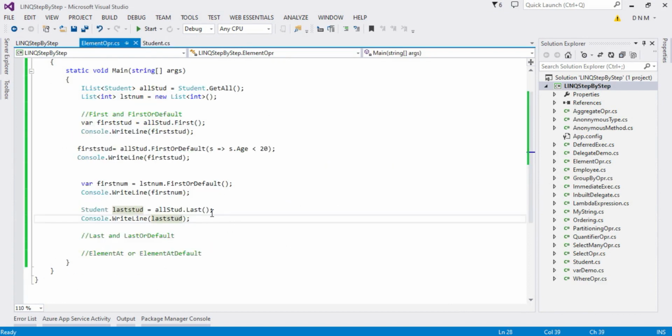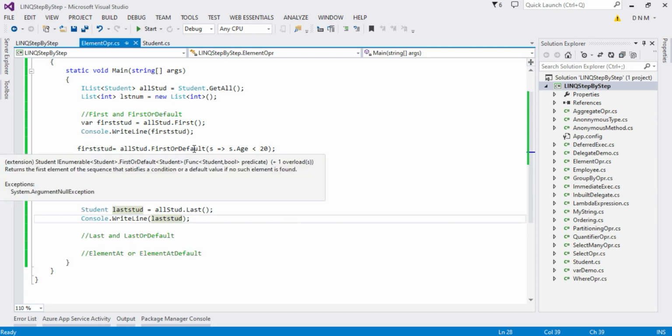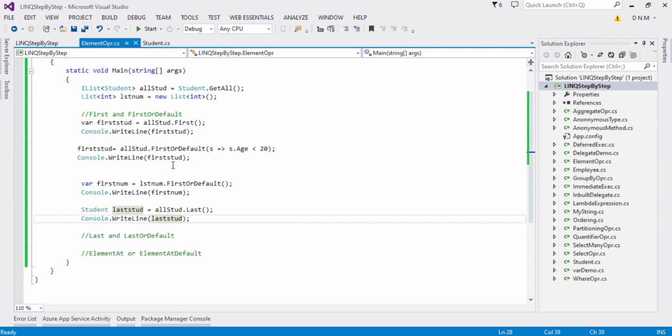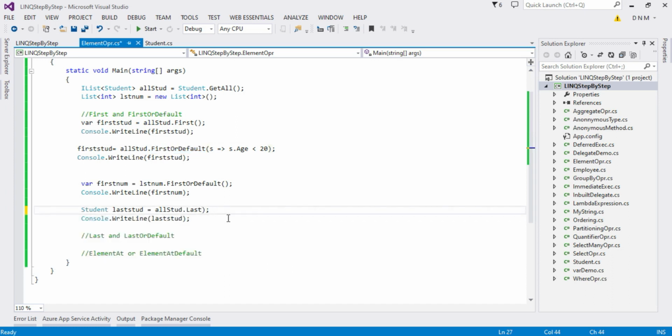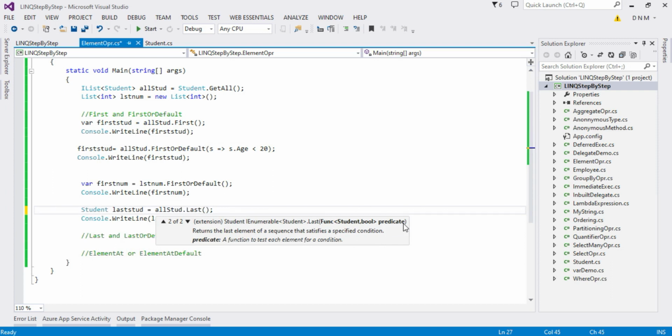Similarly, Last also has an overload like FirstOrDefault. I showed you for First, and here we change it to FirstOrDefault. Similarly, your Last operator also has an overload, and as you can see here, it also accepts a condition.